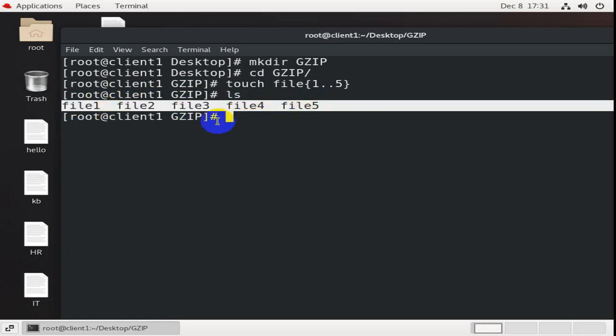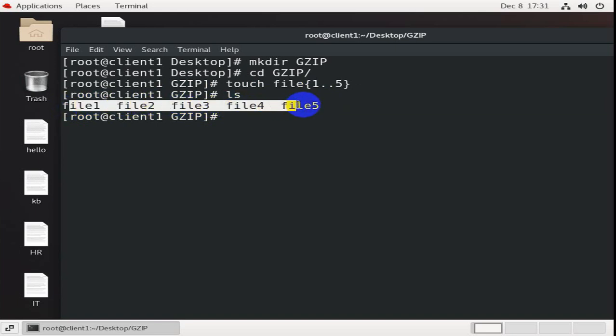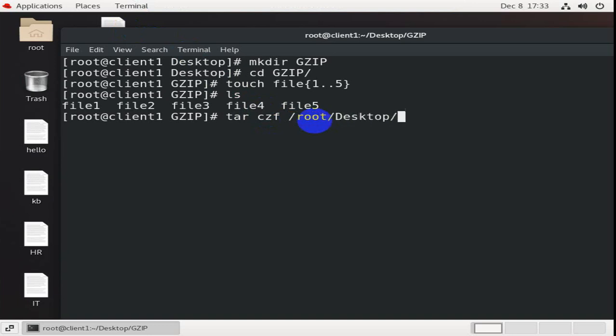Now I want to archive these 5 files in GZIP compression. The command is tar -cgf: c to create, g for GZIP, and f for file. And now type the archive file destination and the file name: /root/Desktop, and the file name is backup.tar.gz,